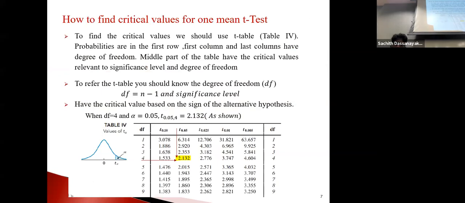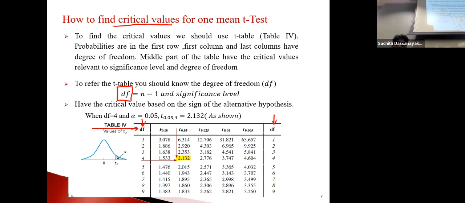Let's do a few examples. How to find the critical value? Okay, this is not an example. This is something like how to find the critical value. If you remember, you need degrees of freedom (df) to find the value in the T table. This is your degrees of freedom (df). Here as well, same value. First row, this means this guy.